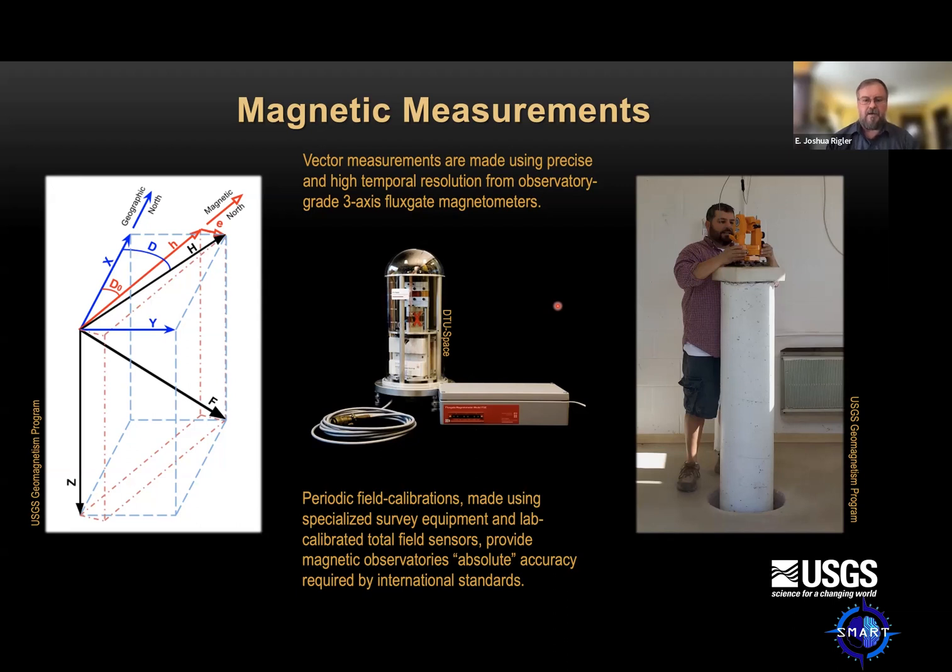And there's two things that we see. There's a secular variation, which is the slow changing magnetic field that we sort of saw in that earlier video. But there's also a seasonal change in the magnetic field. For the things that we want to do with these magnetic fields, we need to remove these variations. These variations aren't huge, maybe on the order of tens of nanoteslas, but they're enough that we want to do this right. And so that's what we do with a geomagnetic observatory.